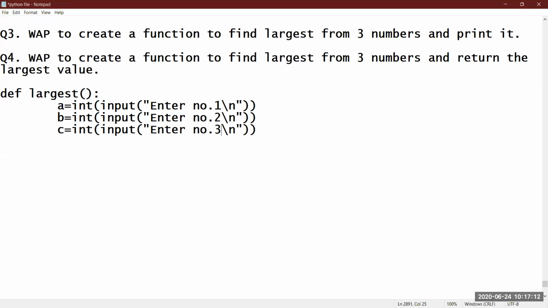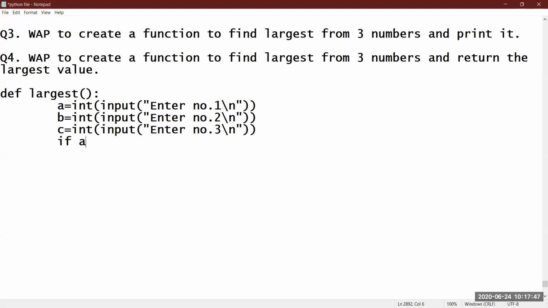Now, as you all know how to find the largest from 3, we will use the ladder if, that means if elif. How can we do it? A greater than B and A greater than C. If A is greater than B as well as greater than C, then number A is largest. If it is false, then you have to only check B and C. B greater than C, then B is largest, and at last else, C will become largest. Simple thing. If else you all know. Simple if else we will be using. I will not be using nested because this question can be easily done.